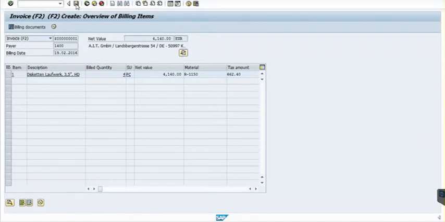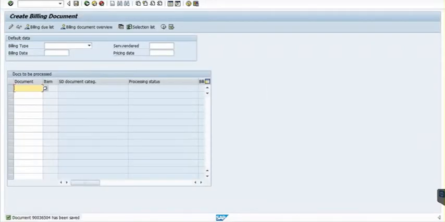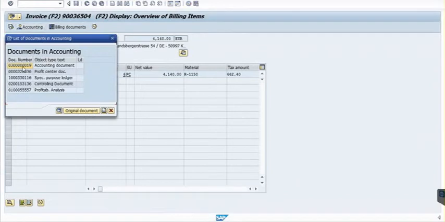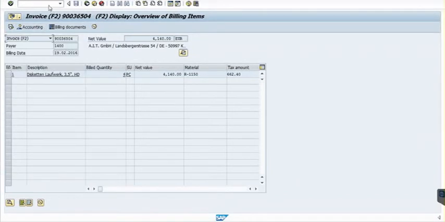If we click on save, the invoice will be created. Okay, now let's go ahead and do the payment. Before that, let me just quickly copy the document number for the accounting that we are doing here.